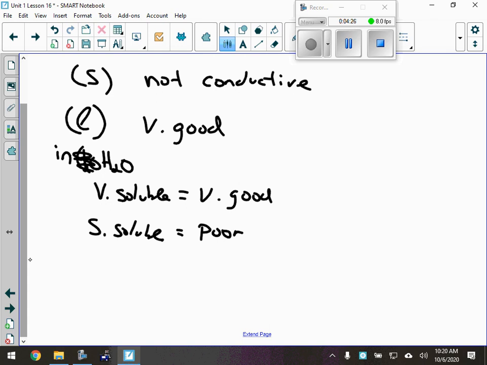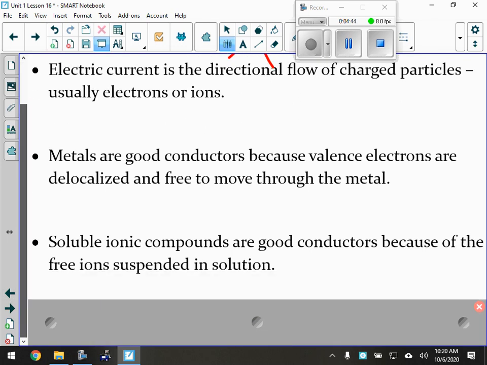I would really focus on these two here. That's important. We didn't talk too much about this because it's more Unit 3 stuff, but we will eventually. Very good conductors or poor conductors. All right. Good? Yes? Last thing I'm going to say is this. I think that's it for that, and we're going to skip to